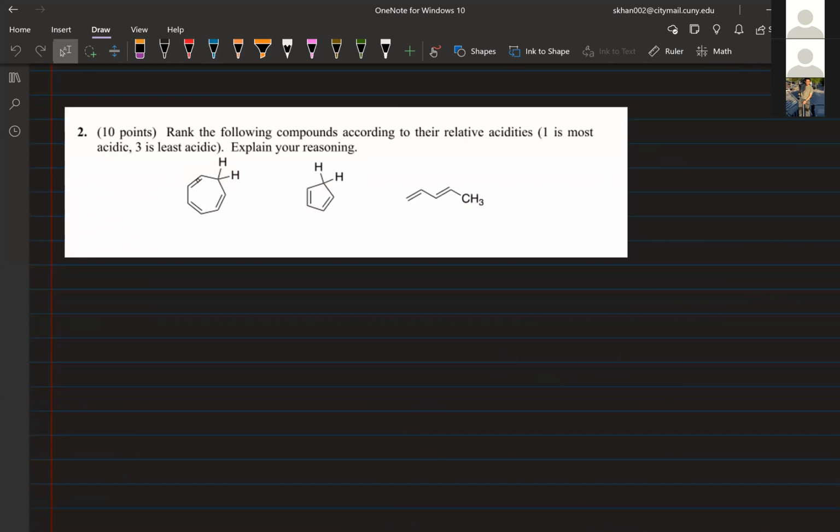So rank the following compounds by their acidity. 1 is the most acidic, 3 is the least acidic. Think about Ario factors here. Except now, in addition to the Ario stuff, aromaticity comes into play. So that's the hint I'll give you there. Let me find the examples in your book that do